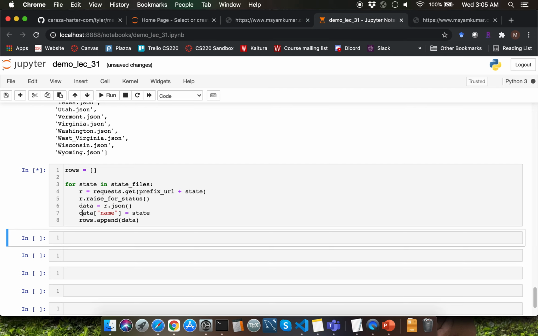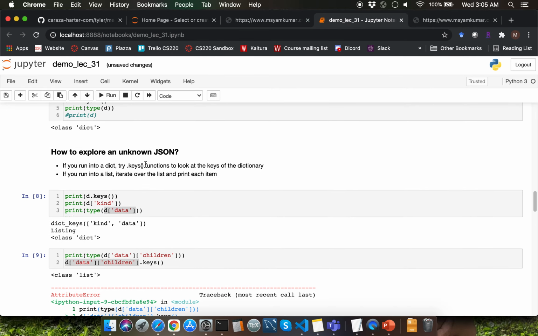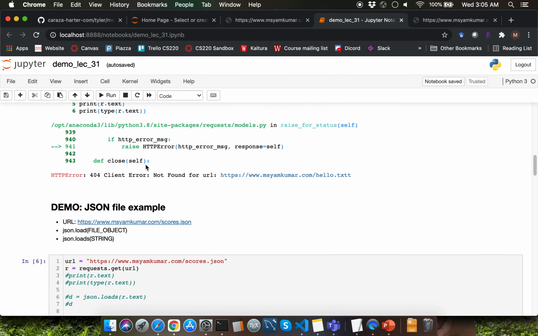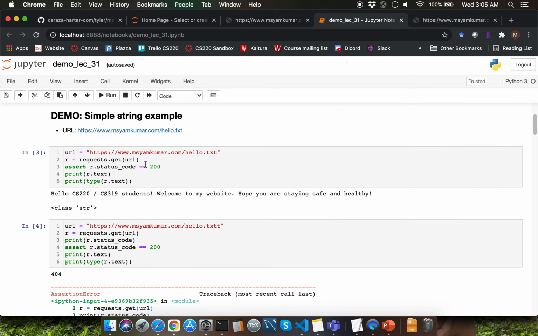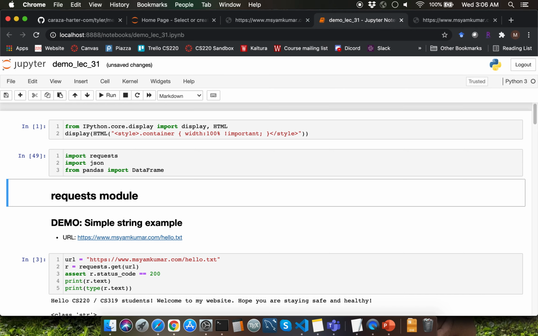This is going to take some time to run because we are fetching contents of 50 different JSON files here. While it is running, I'm going to scroll up and import DataFrame from the pandas module. I'm going to do that up on the top here to be consistent with respect to importing all the modules at the top of the notebook file. I'm going to say from pandas import DataFrame. Let me try to execute this cell.